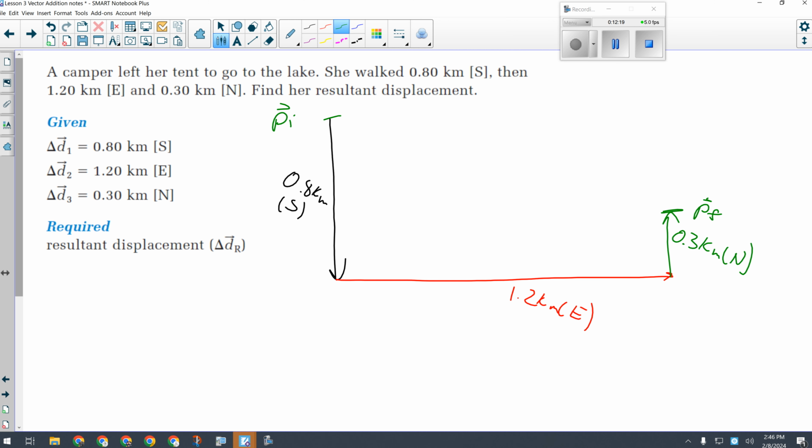So if I wanted to draw a vector, an arrow on this graph to represent this person's total displacement, where would I draw it? From their initial position to where? To their final position. Okay, this line right here, I need blue. Okay, this line right here